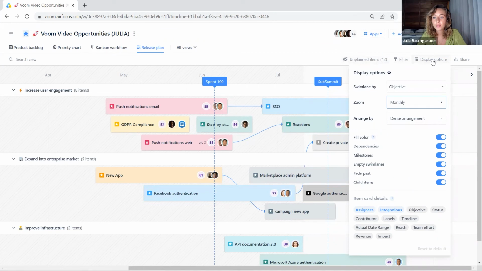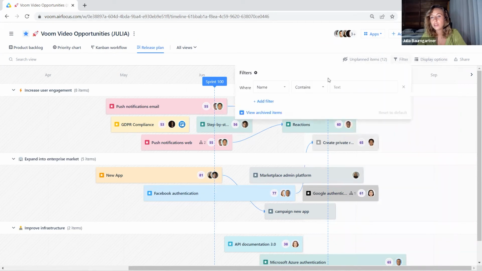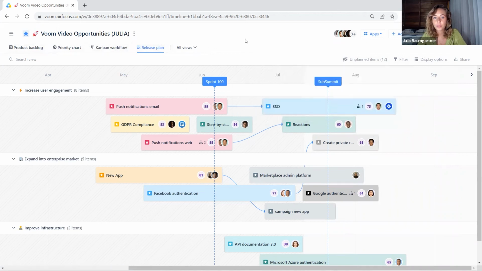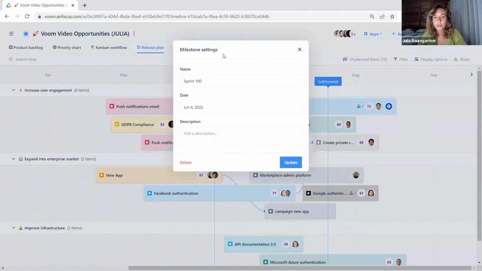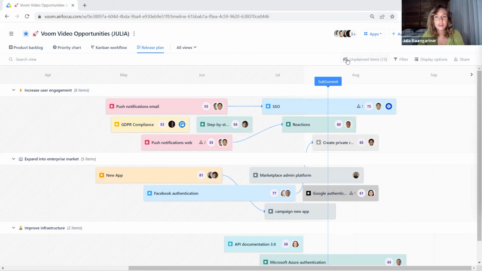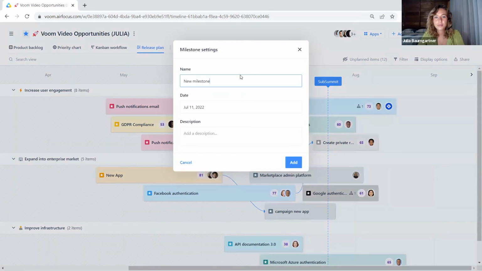Then, of course, we can also filter down to find specific items. We can do this, by the way, also in any other view that we have available. We can also create something called milestones, which is what you see here. So let's create a new milestone. Add milestone,